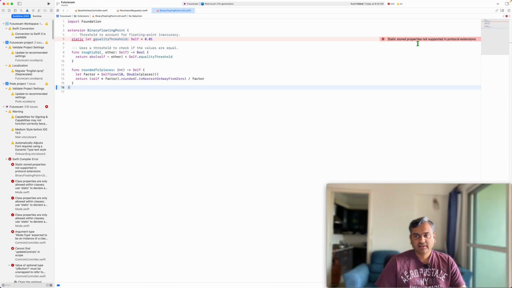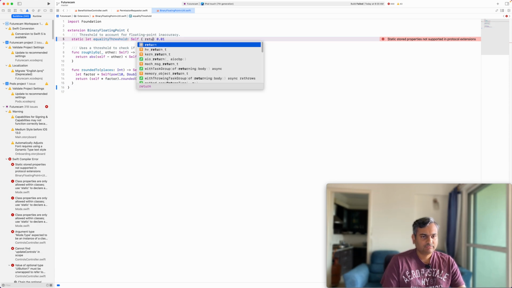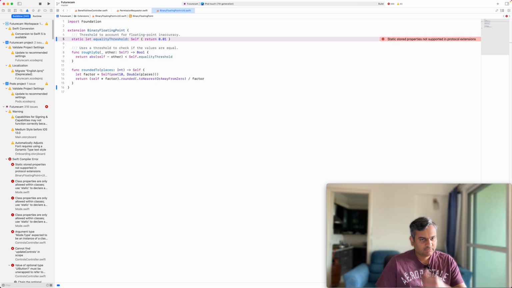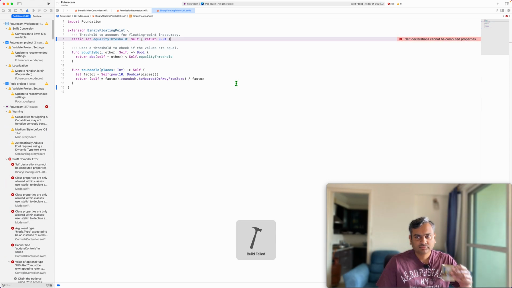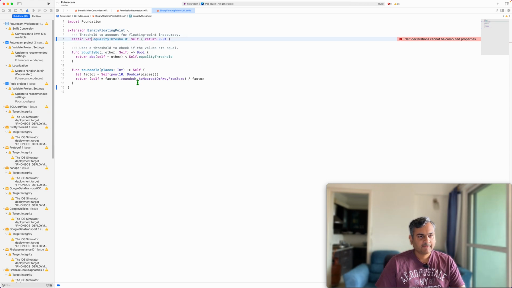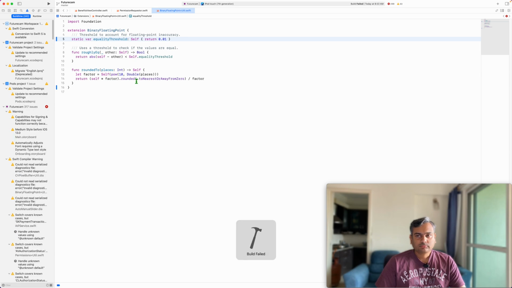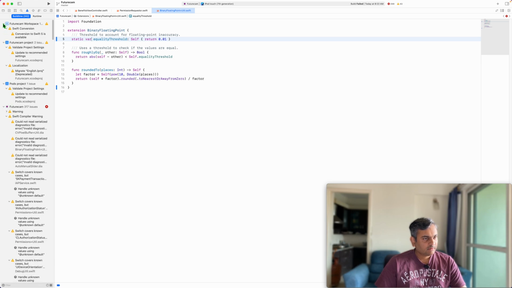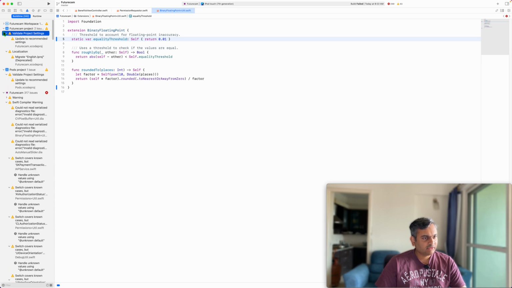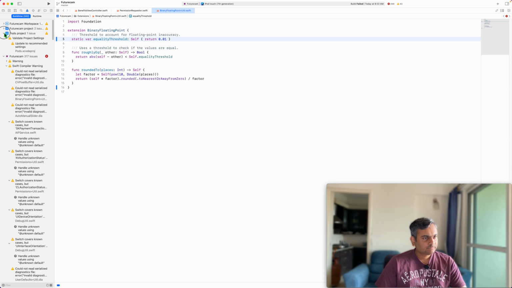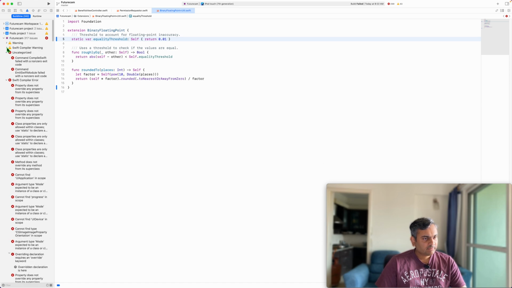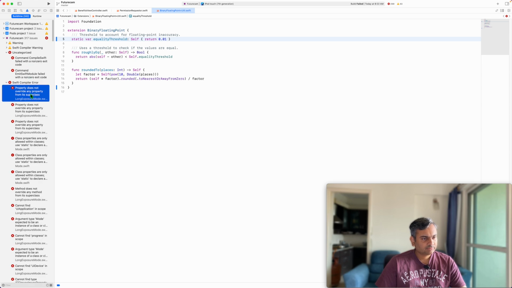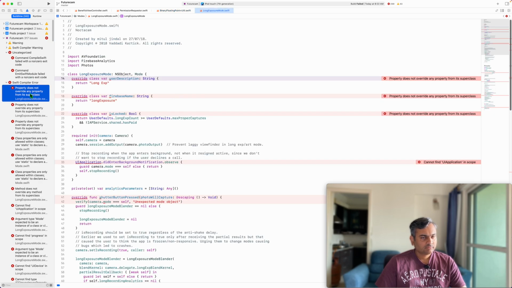Okay, so here you can't have a static stored property, which is not a problem. This should work. Oh yeah, it has to be var. Okay, 299, 1 error is gone. Let's skip all of these. Let's collapse all of these. Oops. Swift compiler warning. Okay. Yeah, so here,